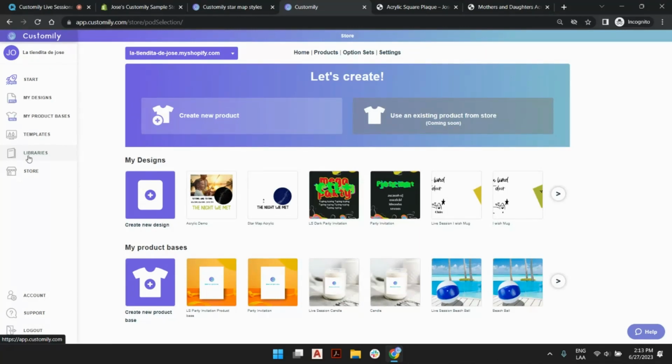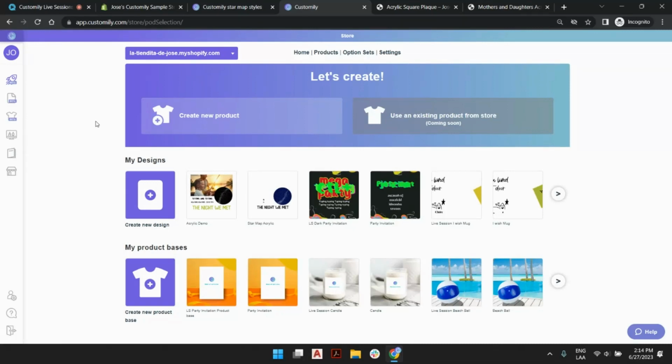And you can see all your connected products in the store section, as well as change many settings that will help you customize the front-end experience of your customers. So always, whatever you do, whatever you create inside Customily will be reflected in these 3 sections, and you can always manage stuff from here. The idea of Customily 2.0 is to save you time and help you create new products. So